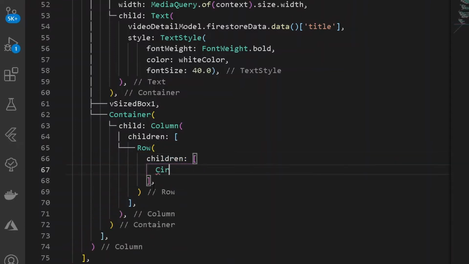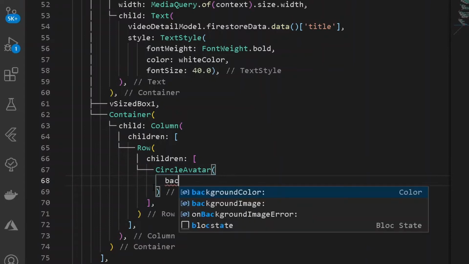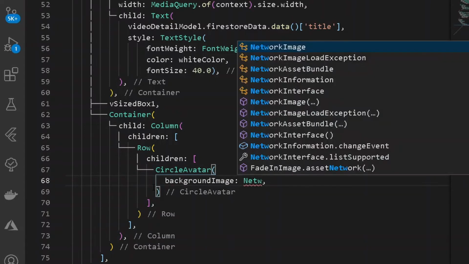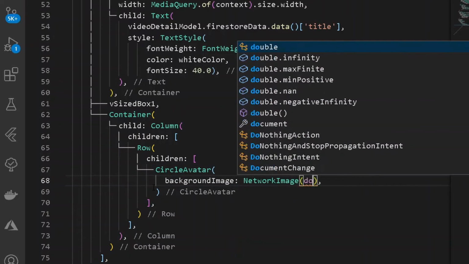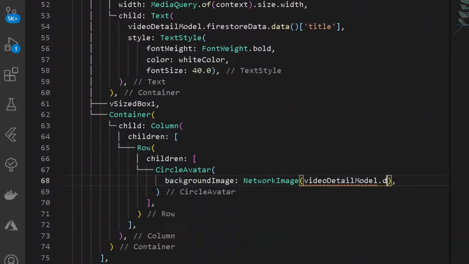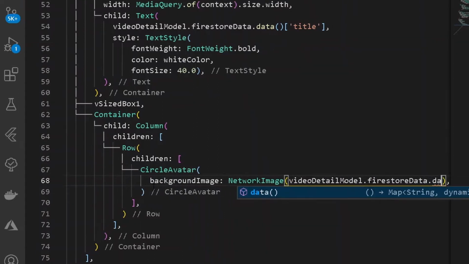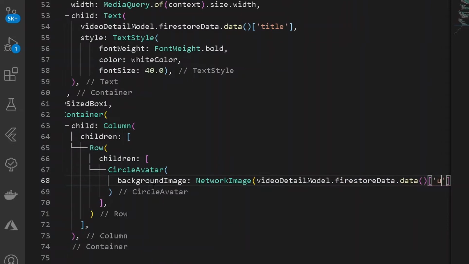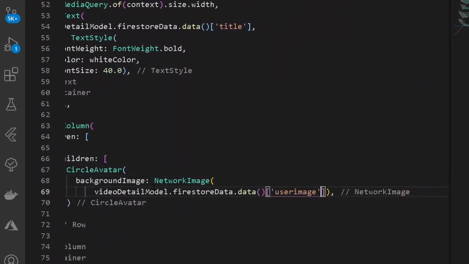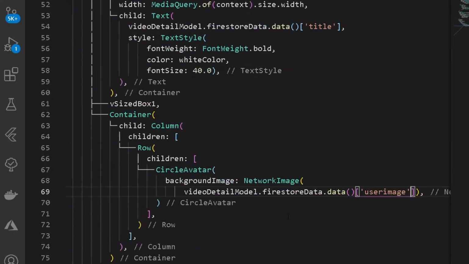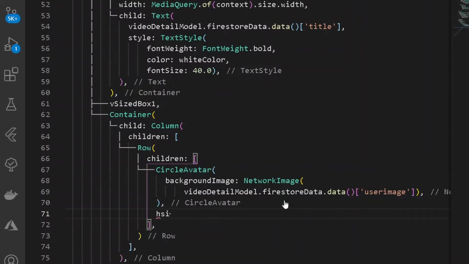Under the following row, let's have a circle avatar showing the user image, and under this let's have a background image for a network image, and in the case of network image, let's have video detail model dot Firestore data dot data, and from this let's have user image. Format document once. After having the following thing, let's have somewhat of spacing, and here let's have a spacing of size 1.